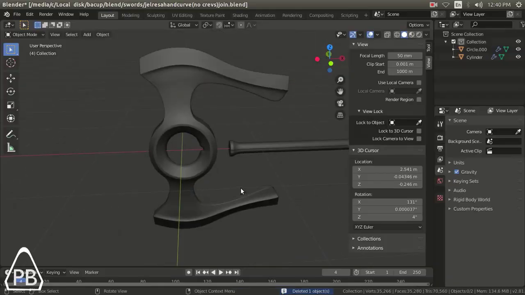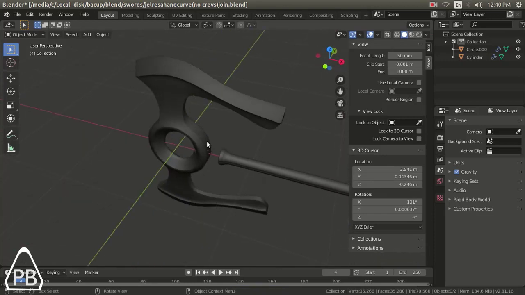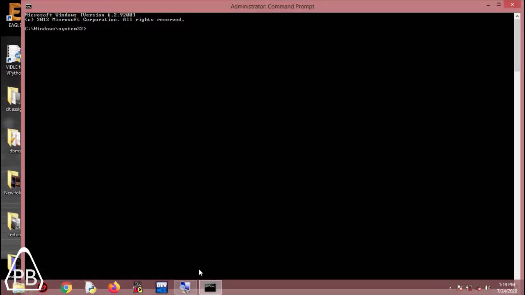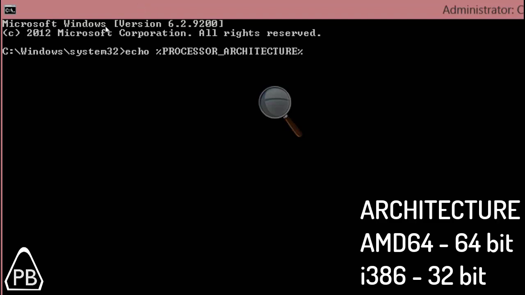Okay, so before jumping to Linux, you must check your CPU architecture. If you are in Windows, you can just open command prompt as admin and type echo space percent PROCESSOR_ARCHITECTURE percent and hit enter, which will pop up a statement that will write AMD64 for 64-bit and